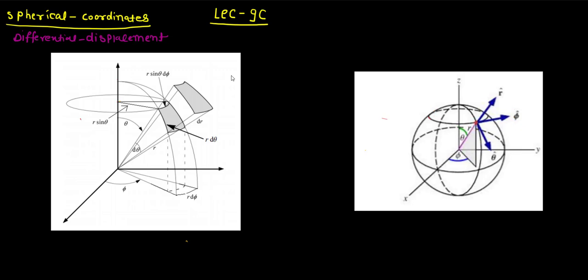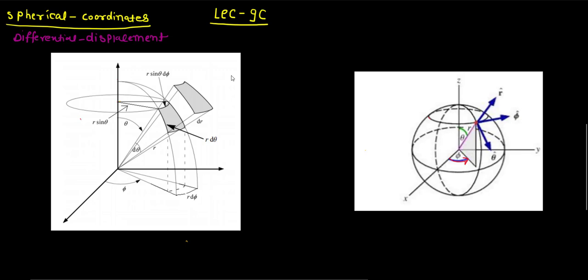Similarly, if you are going into the theta cap direction, you will be tracing this vertical circle. Okay, I will call this the vertical circle, and whenever you are going into the theta cap direction, the radius r and the phi angle, which is the angle from our positive x-axis, will be constant. So the other two parameters will be constant whenever you are going into any other direction. Okay, it is similar to the Cartesian coordinates. Whenever you are going into the y direction, then x and z would be constant. So this is vice versa.